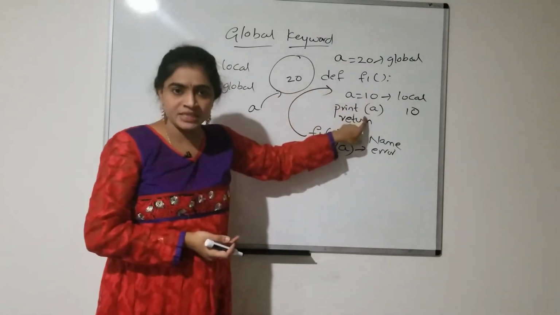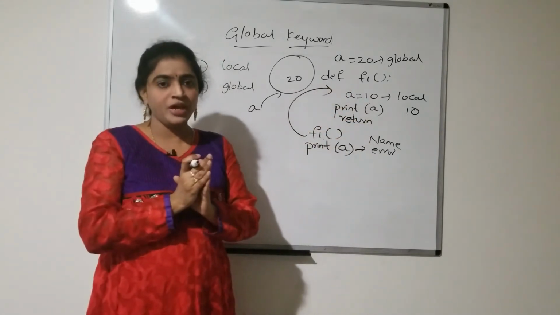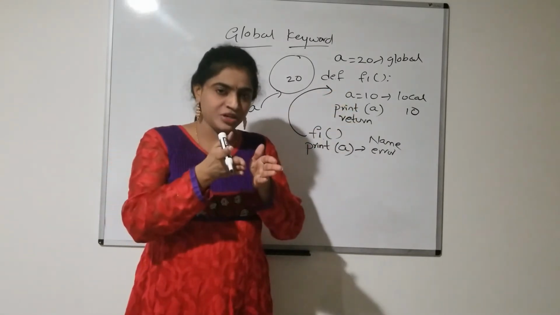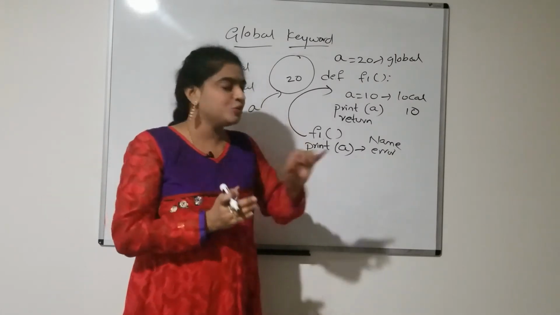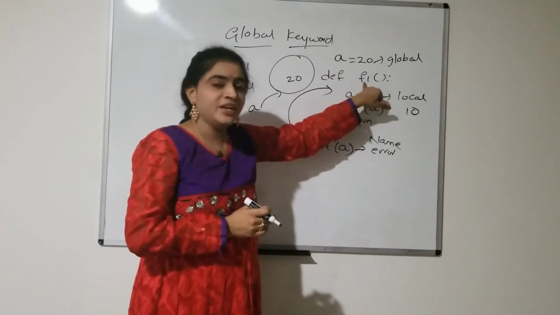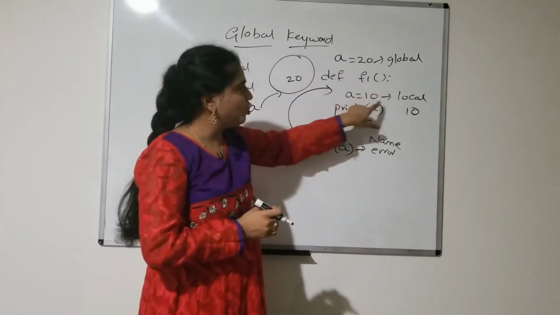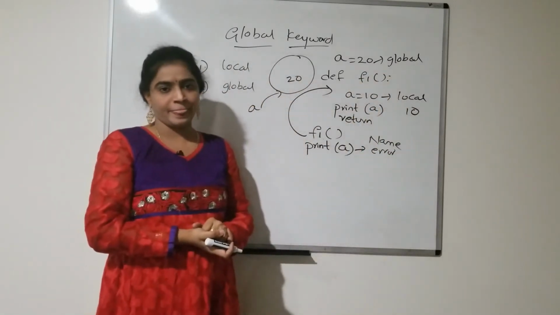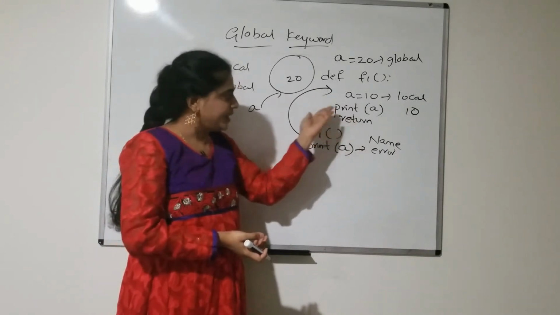Which value does it take? The first priority is for the local variable only. Within the function, if a local variable is there, the Python interpreter will give first priority to it. The variable which was defined in that function is nothing but a local variable, right. So, the first priority will be given to the local variable. So, print of A means 10 is printed on the output screen. Okay. So, return. The cursor returns to here.